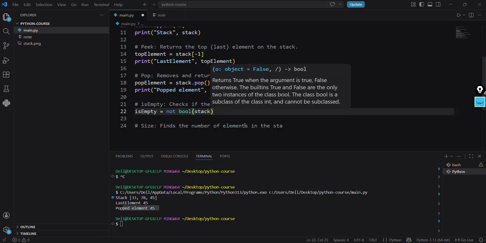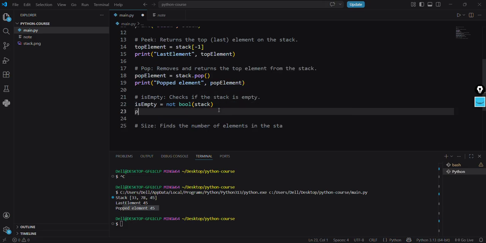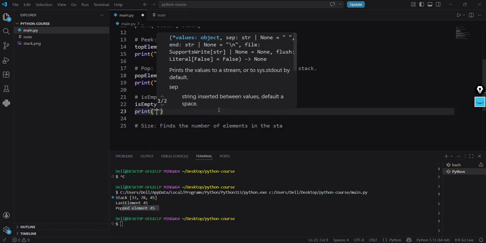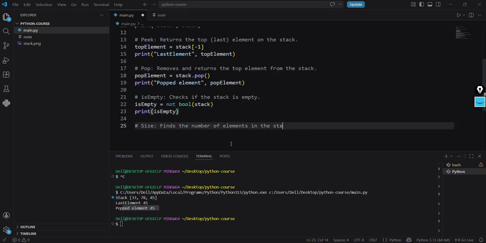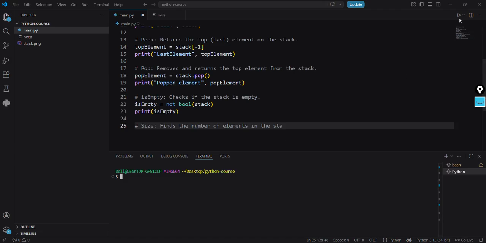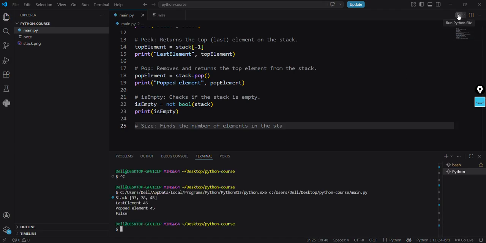the stack. Now let's print the result to see what is_empty will give us. Remember, we have elements on the stack, right? Let's see what it will give us. It should return false because the stack has elements on it. We check if the stack is empty, but the stack is not empty, so it should